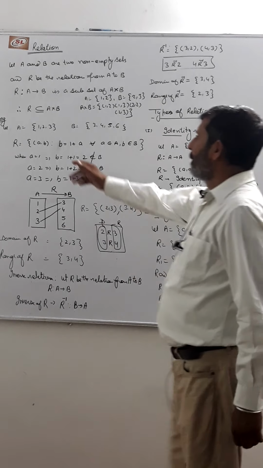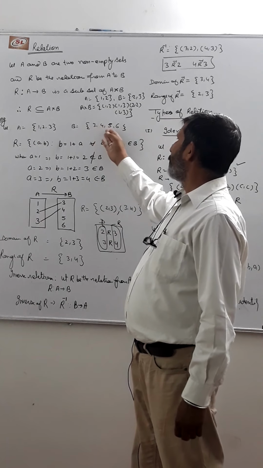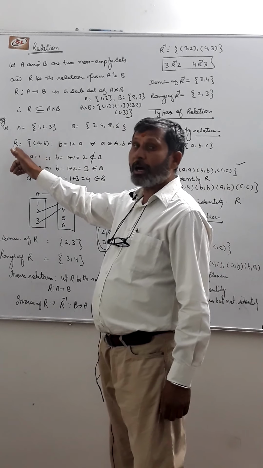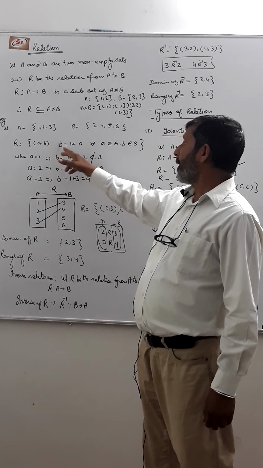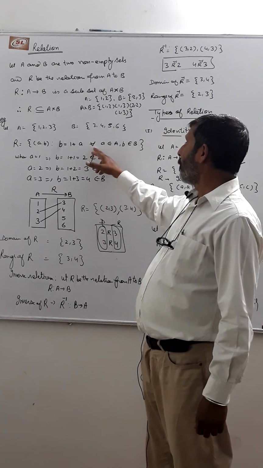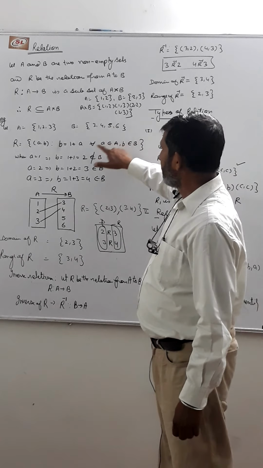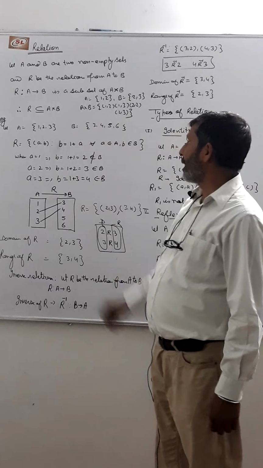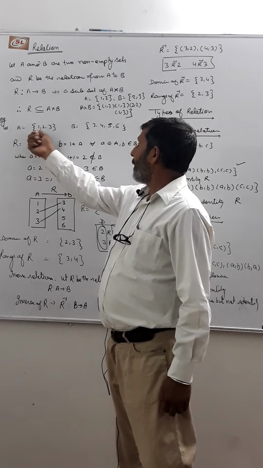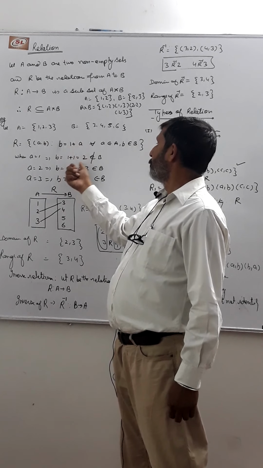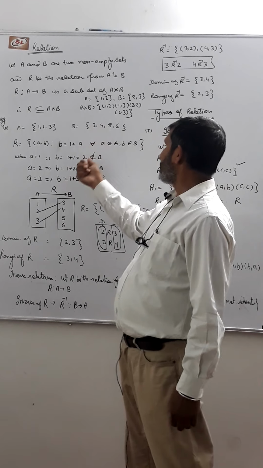For example, let us suppose that A is a set whose elements are 1, 2, 3 and B is a set whose elements are 3, 4, 5 and 6. And the relation R is defined by (a, b), where the condition is b equals 1 plus a, for all a belongs to set A and b belongs to set B. For all the values of a, let us put a equals 1 in this equation: 1 plus 1 is 2, so b equals 2, but 2 is not in the second set, so 2 does not belong to B.